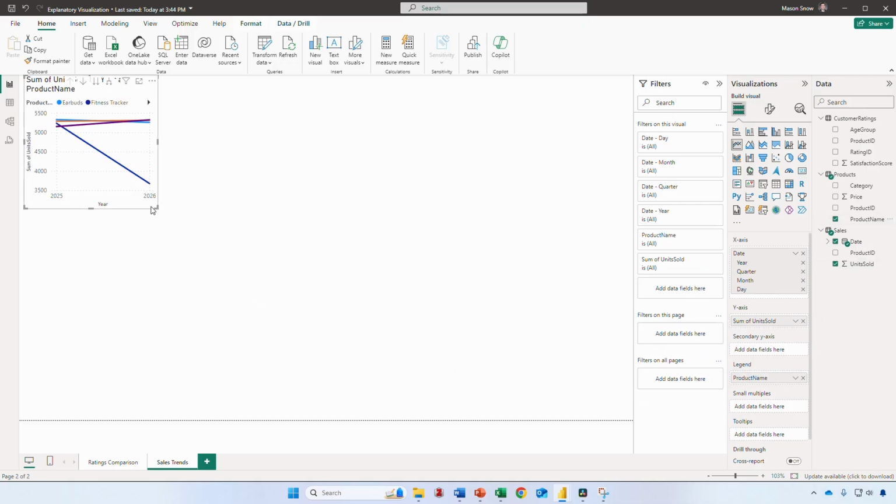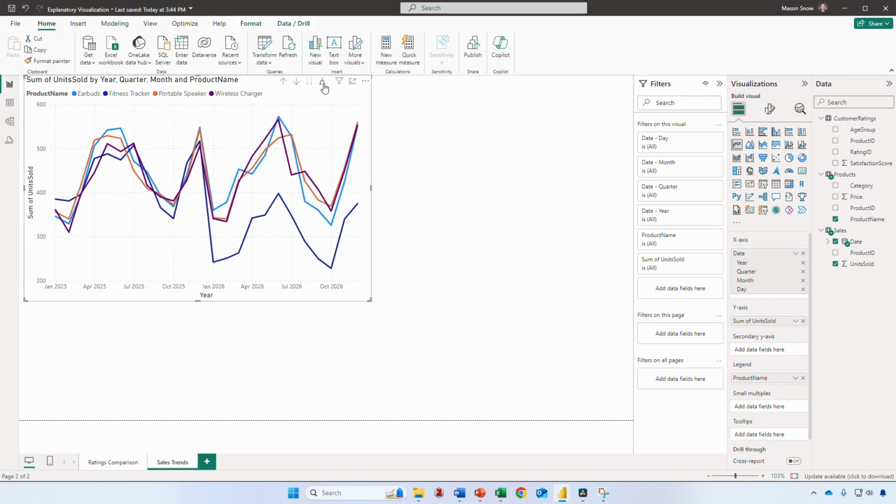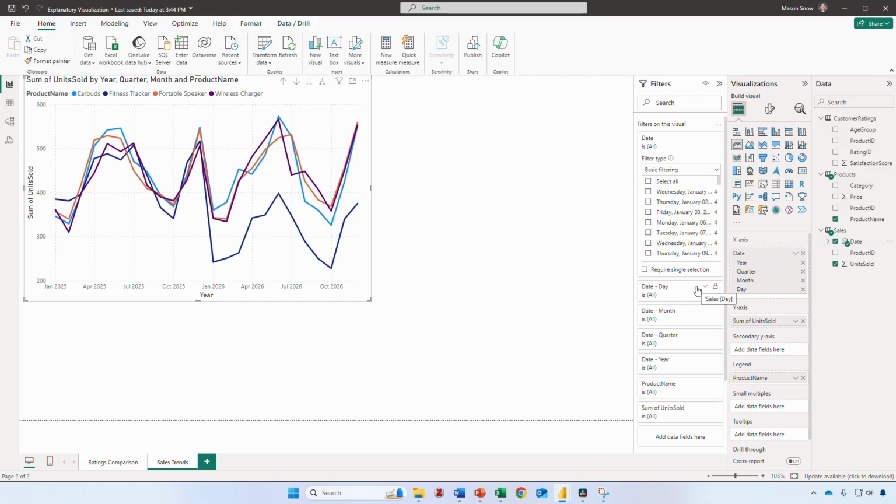Let's resize this and expand down 2 levels in the hierarchy to present the data on a monthly basis. And lastly, I want to impose a filter to show the most recent fiscal year. And to make things interesting, let's suppose our company has a September 30th fiscal year end. To do this, I'm going to drag my date variable to our filters, change my filter type to be advanced,